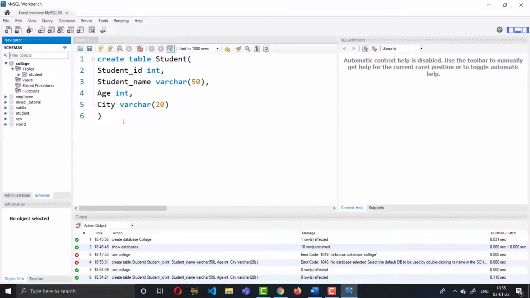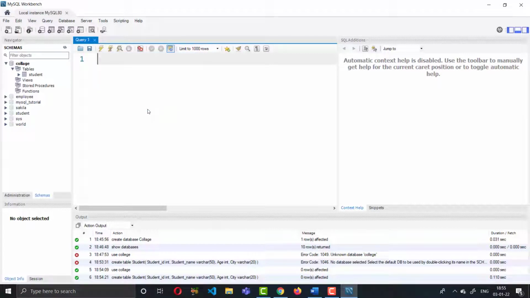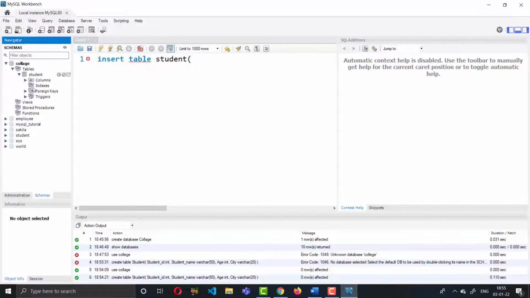So how to insert data in SQL? So I'm removing this here. To insert data in SQL, we use the insert clause. So we are inserting some data. Use the keyword insert into table. So we are inserting into the table, and we give the name of the table. What kind of table do we have? Student, and pass the attribute or column names that you have created.